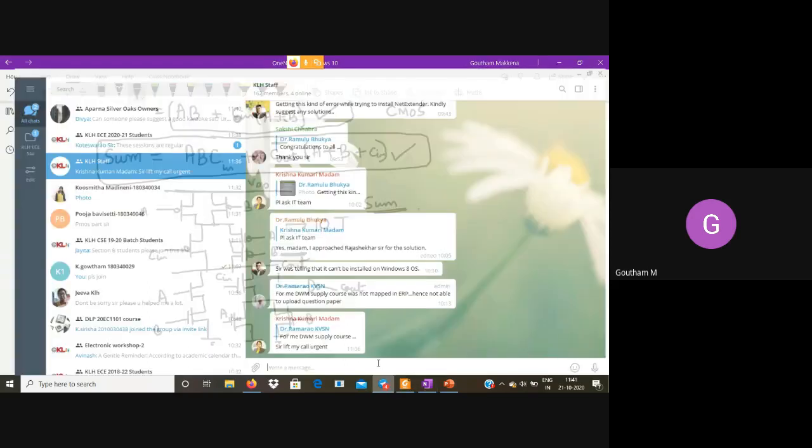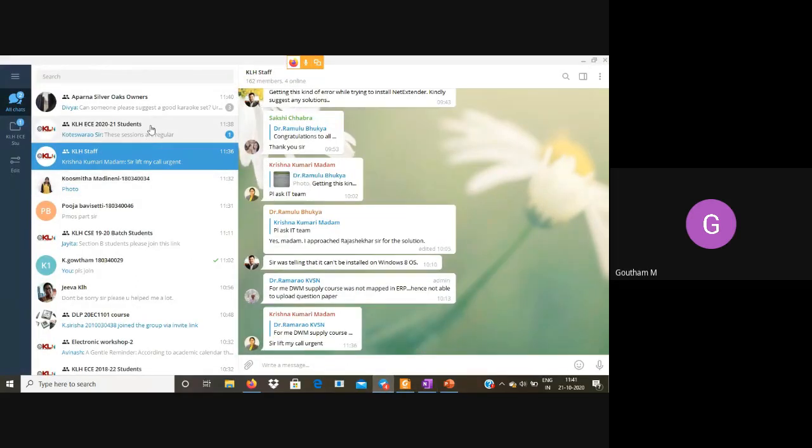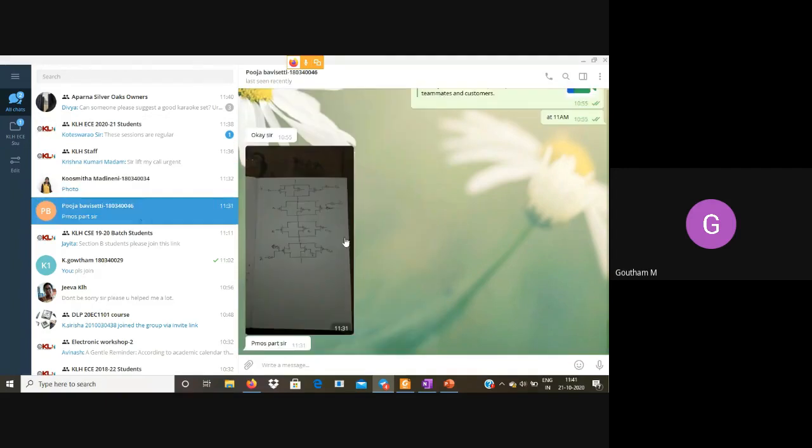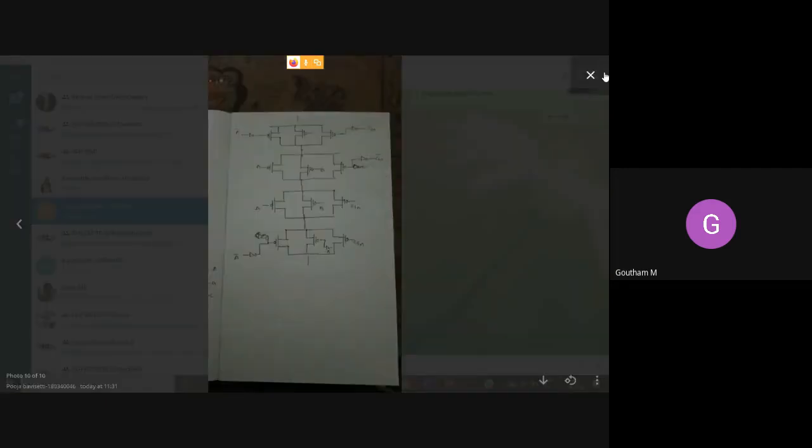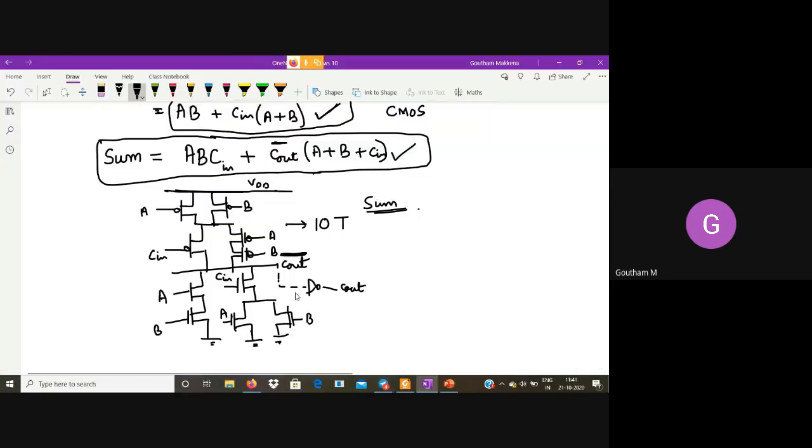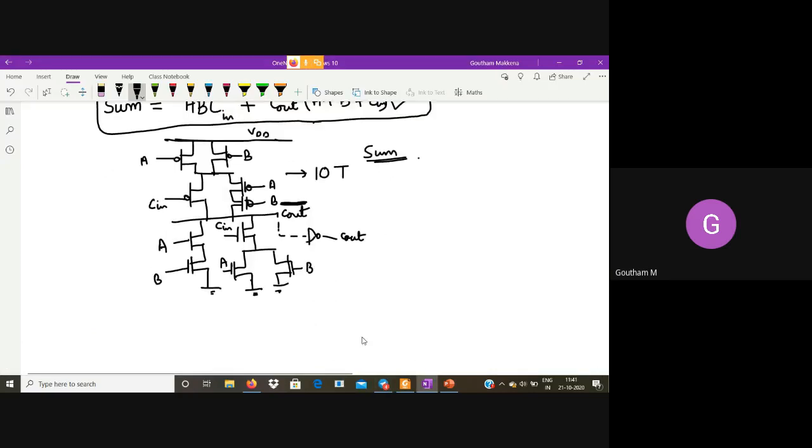So do you have any outputs? Anyone with diagrams?